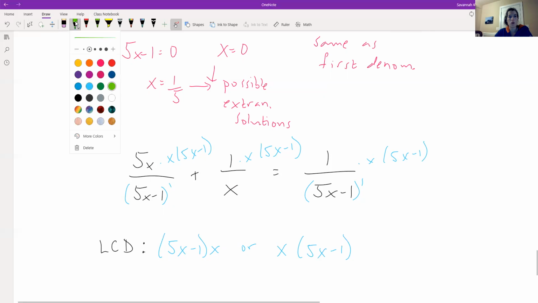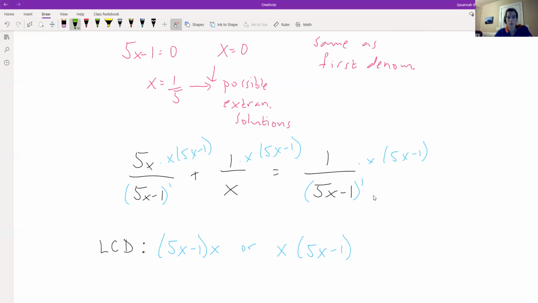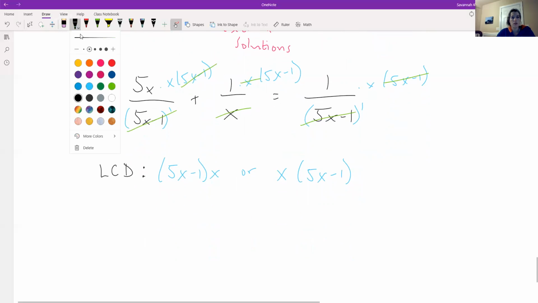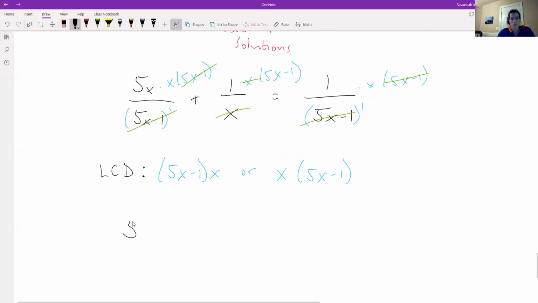And if I've done my work right, each and every one of these original denominators should disappear as it cancels into the LCD. And we'll see what we have left behind. Okay, so 5x